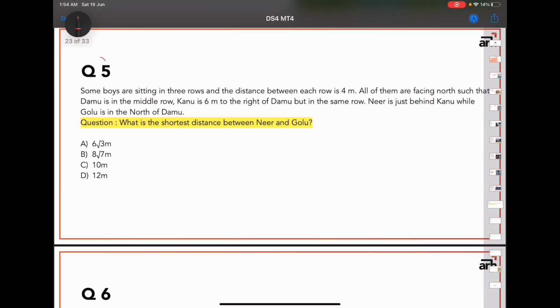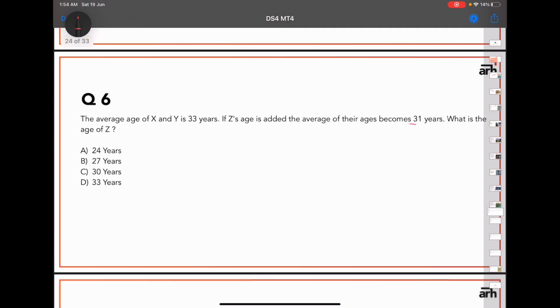Then question number 5 has a little bit of discrepancy. I had given you this information, but there was no question. So now that you have the question, I want you to tell me the answer in the comment box. So please let me know. Now you have the question, right? Use this information, get me the right answer. So this was question number 5.